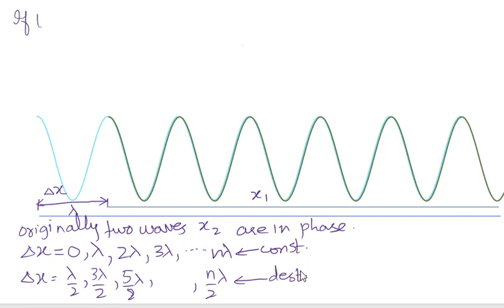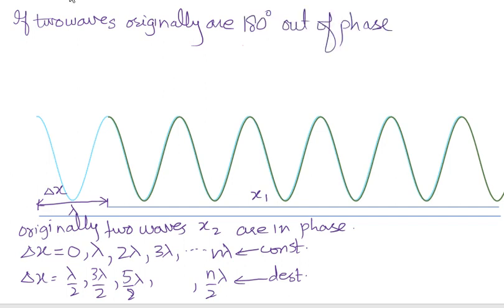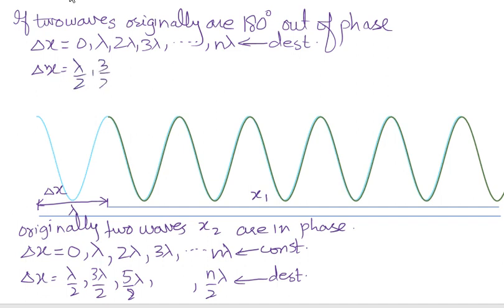Now if the two waves are originally 180 degrees out of phase, then delta x equal to 0, pi, 2 pi, 3 pi, and so on, n pi, would give me destructive interference, whereas a path length of half wavelengths would give me